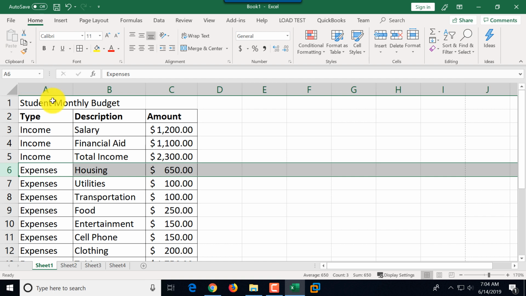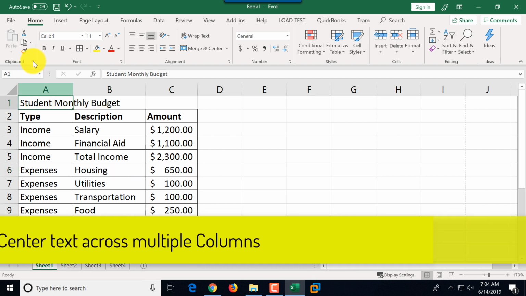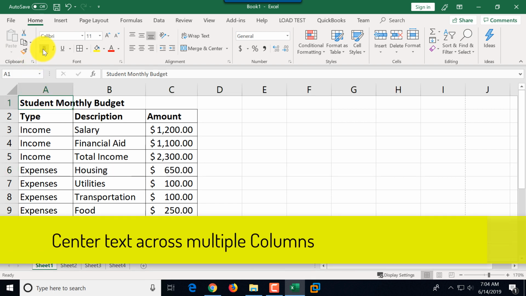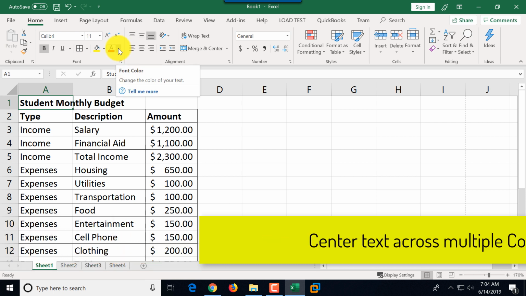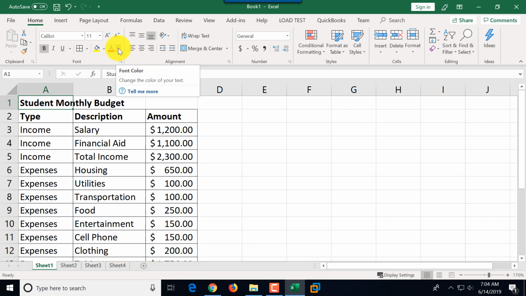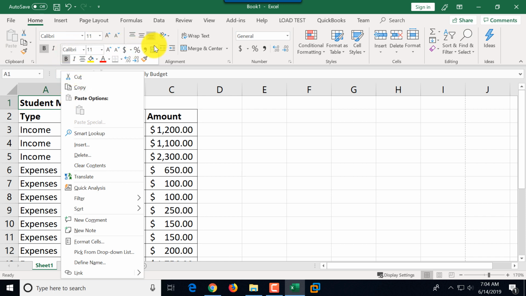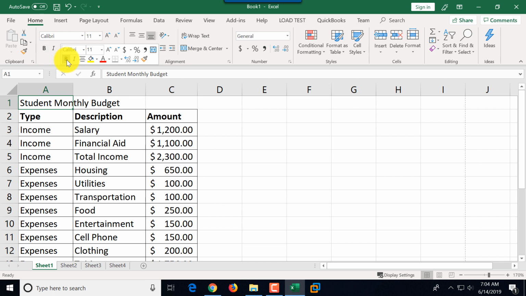Let's look at how we can center student monthly budget next. Right now it's kind of to the left. I can definitely make it bold. I can also choose a different color for the font. I can do it multiple ways. This menu in the font menu is accessible obviously here on the ribbon, but if you do a right mouse click, you see it's also on the top of the menu itself, so I can do the same functions right here on that menu. So I'm going to keep it bold, and I'm going to use maybe a different color,